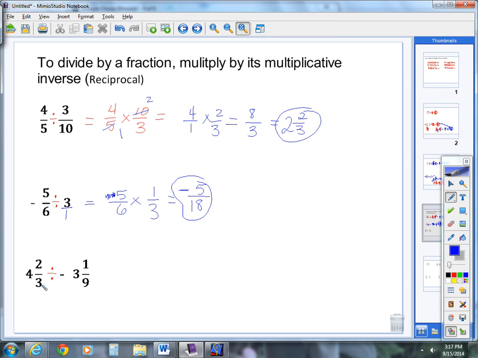And last but not least, now we have negatives, mixed numbers, and division. So put all that together. Take one step at a time, though. Let's change our mixed number 4 2/3 to improper. You should get 14 over 3 times negative, oops, wait, I don't want to do that. The reason why I don't want to do that is because I want to change this to improper first and then take the reciprocal. So I'm going to back up. I'm actually going to erase that,